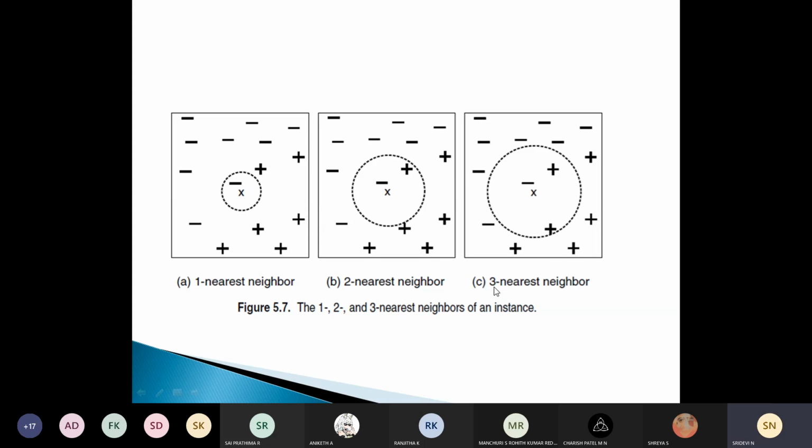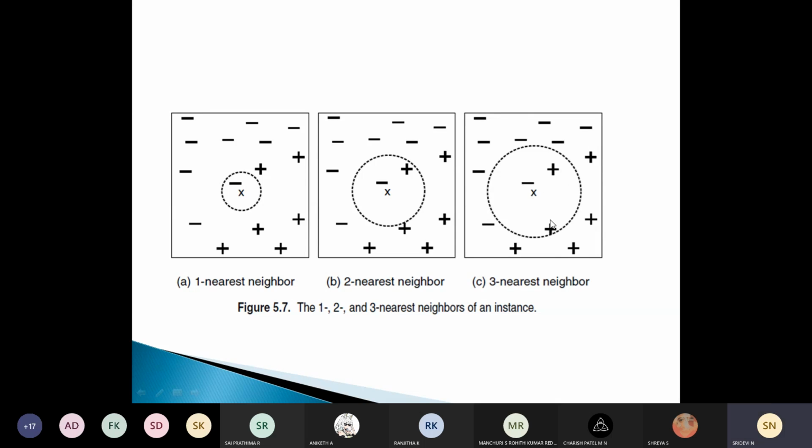So k is the number of neighbors nearest to the test record whose class we have to find out. We have to find out whether this x belongs to plus or minus. We took this data space and considered the k value as 3. With 3, we had 2 training samples which belong to plus and 1 which belongs to minus. So obviously we can say that x belongs to the plus class, the one which is more.